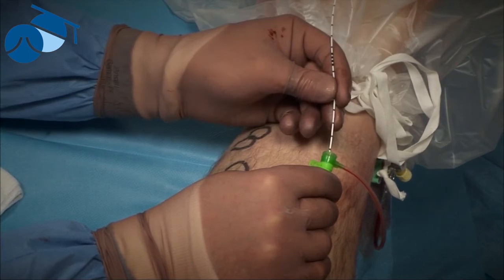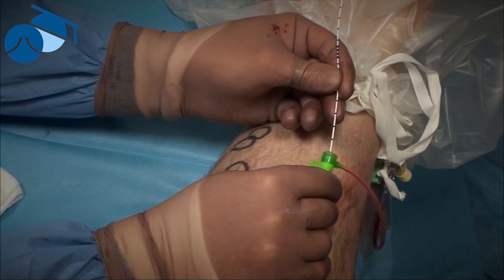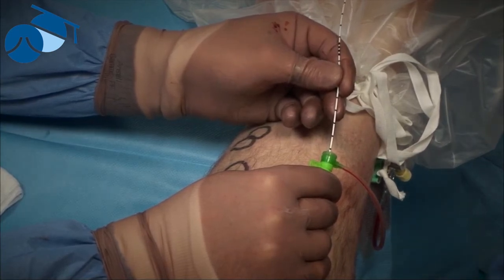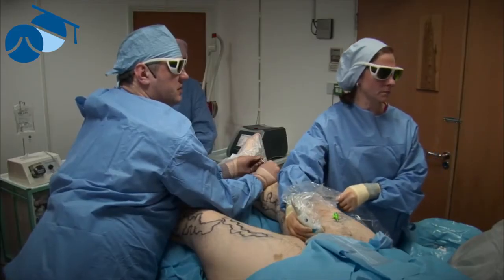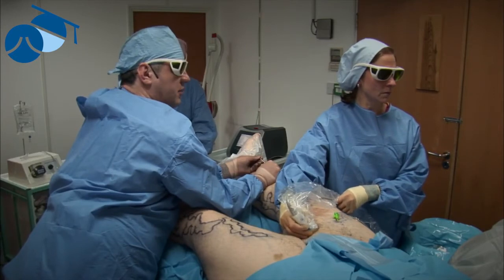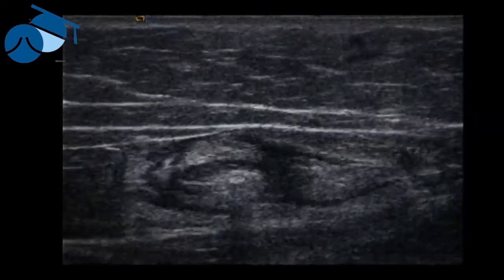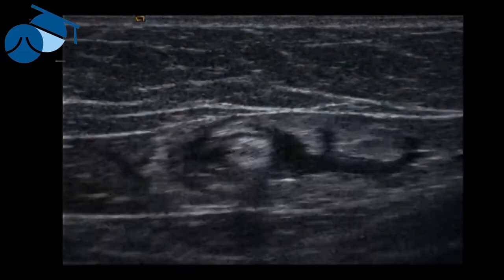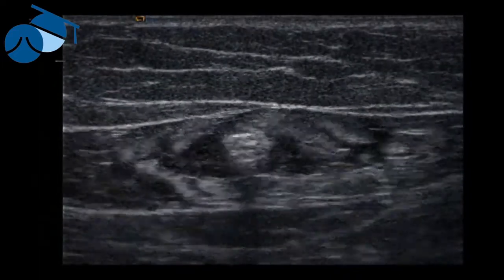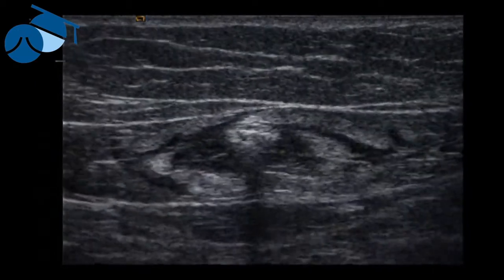As we're doing this, we'll just ask the vascular technologist to have a look at the vein in transverse section in the mid-thigh to see what it's been looking like at the immediate post-treatment stage. And we can see there that tiny little polo right in the middle. So what was a big vein initially with a big black lumen is now very, very small, but it would be small in any case because it would be in spasm from having the tumescence put around it. But you can see there's little gas bubbles inside causing acoustic shadow,